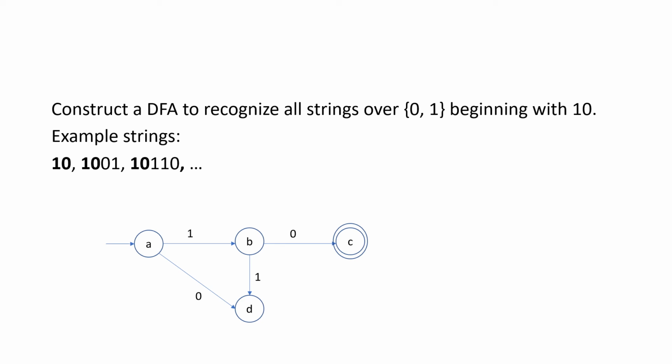Since this is a DFA, I also need to introduce transitions for the state D. Since it should not have any outgoing transition, I'll introduce a self loop for it. Since the pattern 1, 0 is already introduced, I don't have any restrictions for introducing a self loop for the accepting state. So thus we have constructed a DFA that generates all strings beginning with the pattern